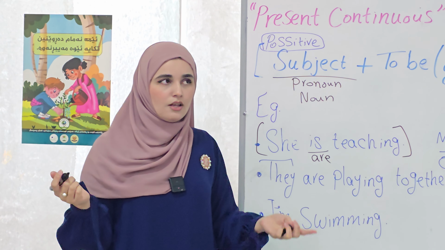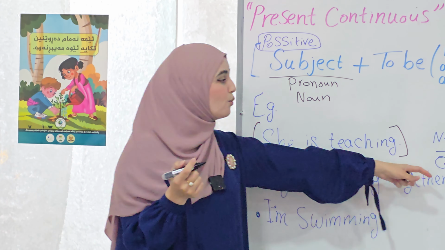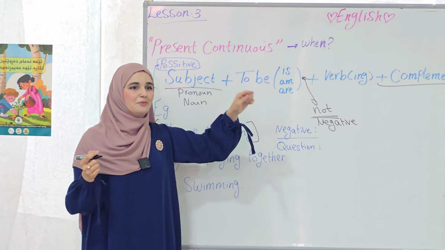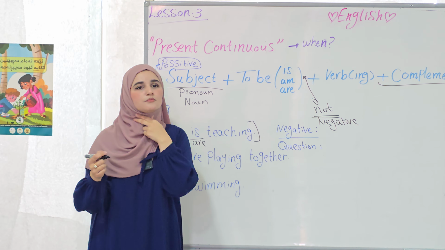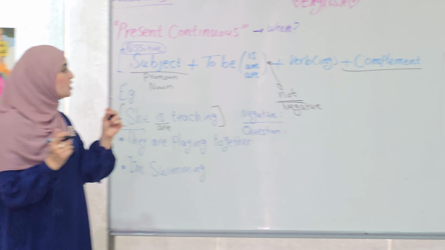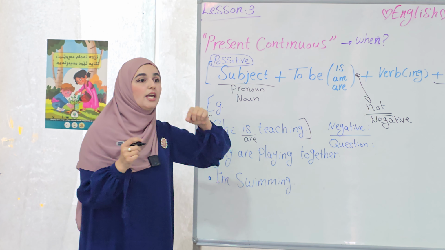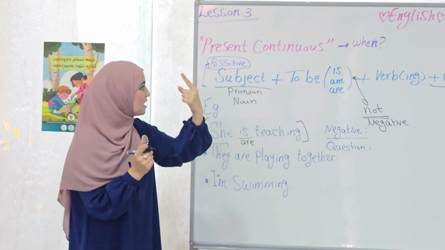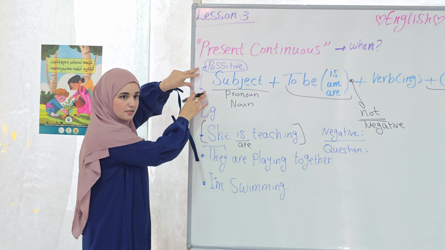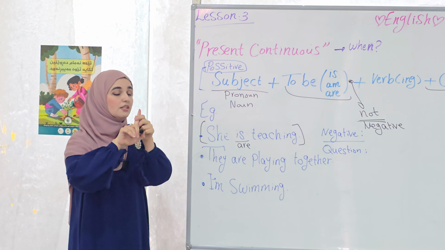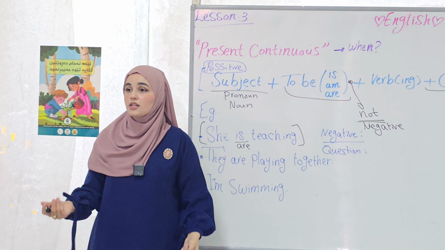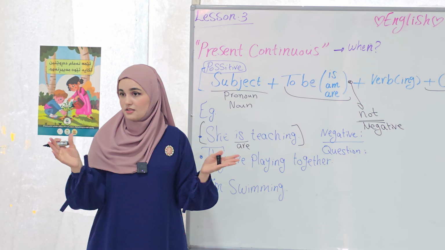Clear? Yes. Okay. Then how do we turn it into a question? It's two steps actually. That one is one step, that one is two steps. Yes, Paria? Is she teaching? Very good. Is she teaching? Let's say anything. Then we add a question mark. So the first step is we bring this one to the beginning of the sentence. That's the first step, right? The second step is we have to add a question mark at the end of that sentence, right?